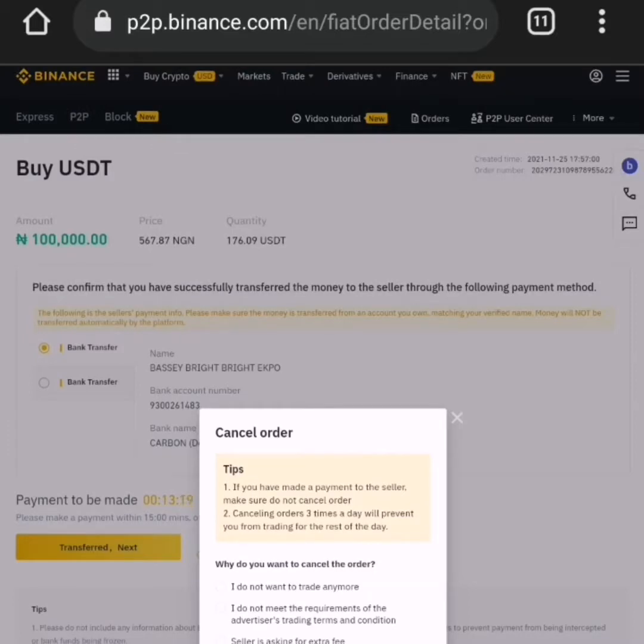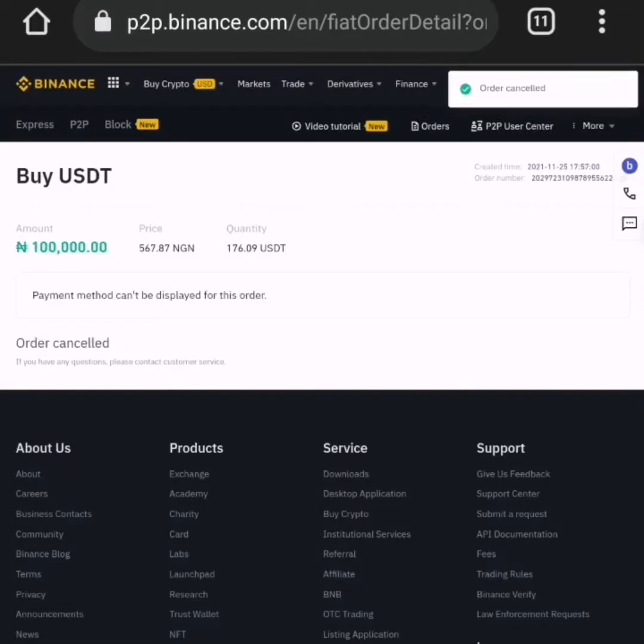He said, why do you want to cancel the order? I said, so there are options here. So he said, I do not meet the requirement, so I will go for that. I didn't meet the requirements because I don't have the money for now, so I have to cancel that order. So the customer service team will also be aware that this is the reason you canceled the